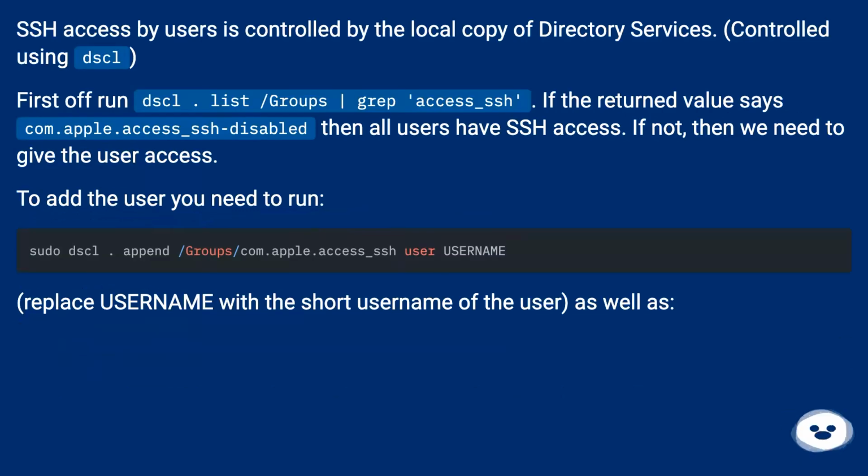SSH access by users is controlled by the local copy of directory services, using dscl. First off, run dscl . list /groups | grep access_ssh. If the return value says com.apple.access_ssh disabled, then all users have SSH access. If not, then we need to give the user access. To add the user, you need to run